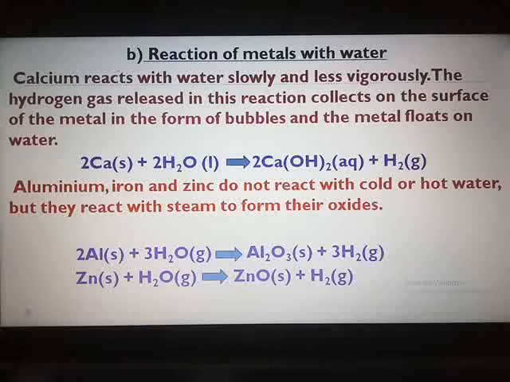So today we have studied about the reaction of metals with oxygen, then the reaction of metals with water. In our next session, we will study how metals react with acids, nitric acid, and then we will study about the chemical properties of non-metals and the ionic compounds. So I request all of you, before you attend our next session, go through these particular topics and then attend the session.